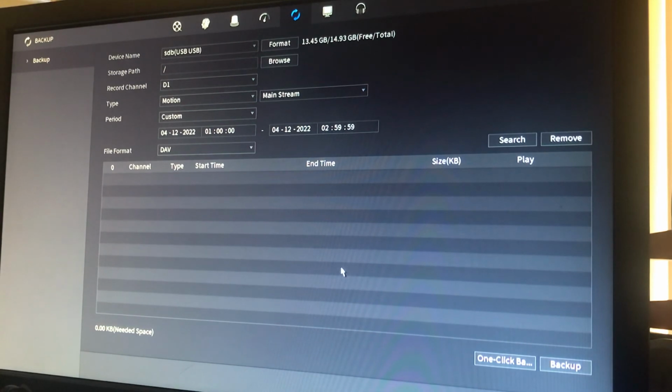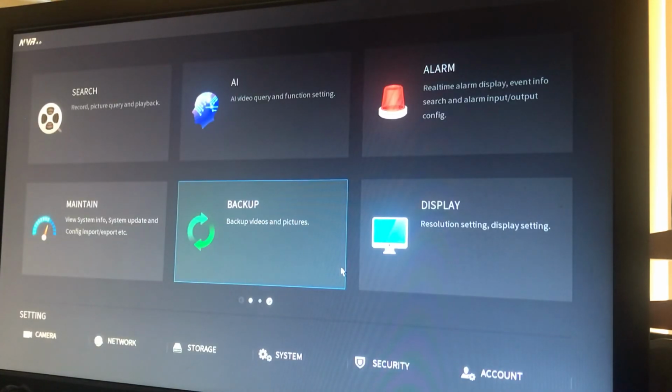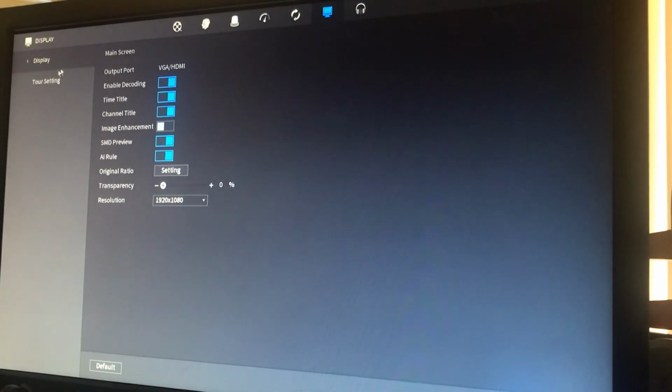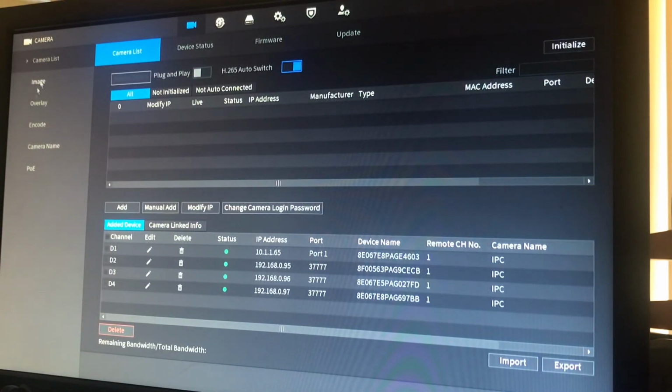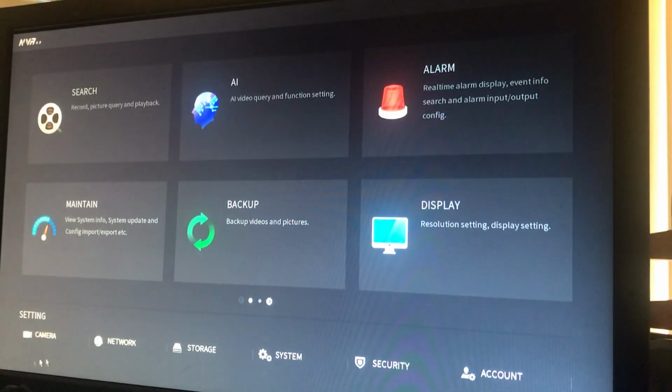Okay, so I'm hitting right button on the mouse to get out of there. Display, you don't really need to know that. That's just settings for the monitor. So we're going to camera here. Okay, this one you might want to know. So basically what I've done here, down the bottom, actually I'll stop this, I'll come back